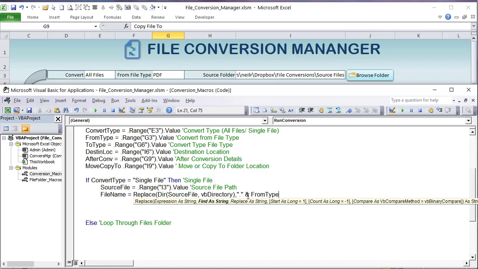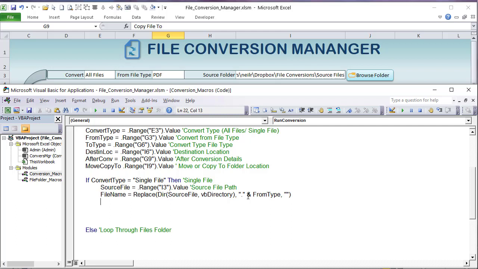So if I want to remove that, all I need to do is replace both of those with nothing. So we're going to replace those with nothing. That's going to give me only the file name without the extension, without the period or the dot. Okay, so now that we have just the pure file name, now what I want to do is